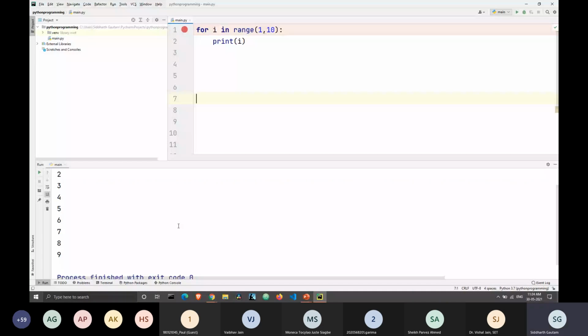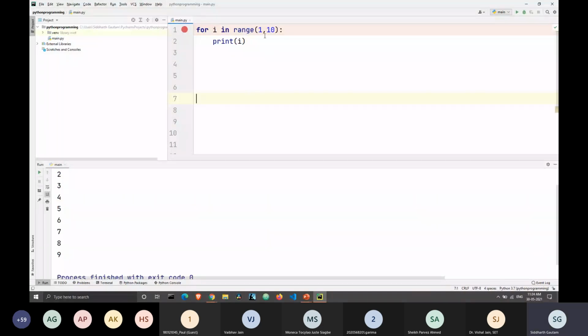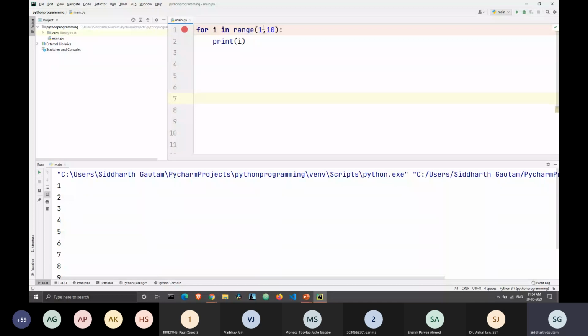Okay, never mind. As you saw last time, the value was going from 0 to 9, but this time we have started the value from 1 instead of from 0. That's why it's going from 1 to 9 here. But as you can see, the value is increasing by 1 each time. What if I want to... Yes, for this for loop, we are looking for a range from 1 to 9, right? Yep.